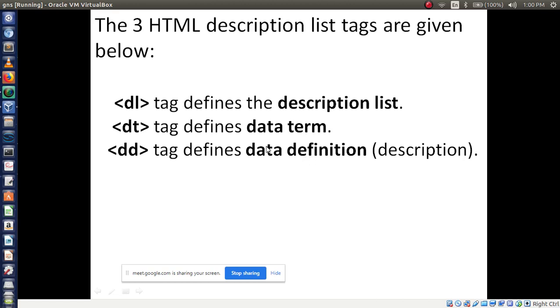First we have to start with the DL tag, then followed by the DT tag, then followed by the DD tag.